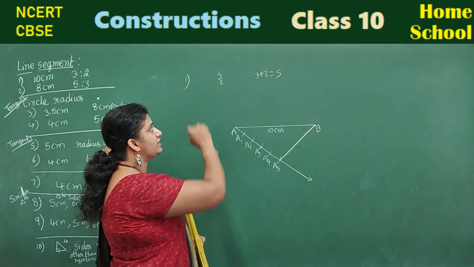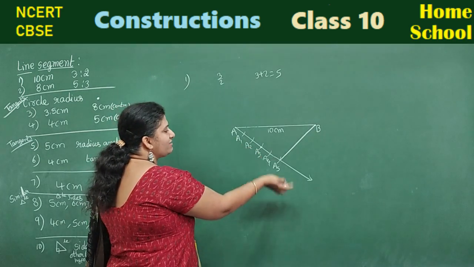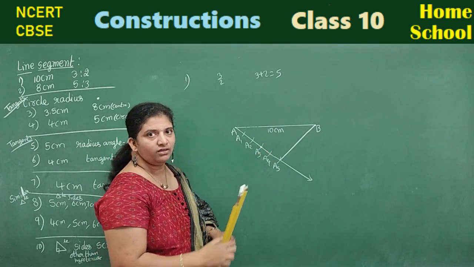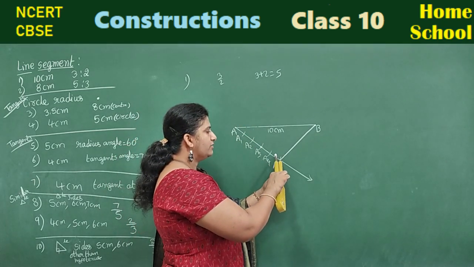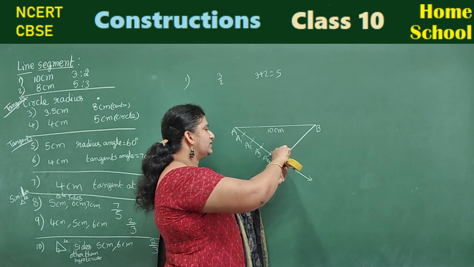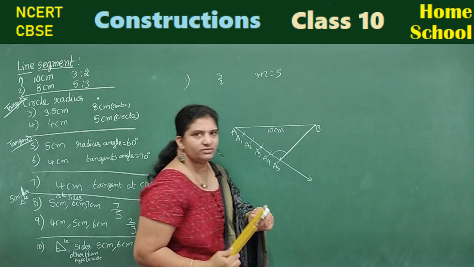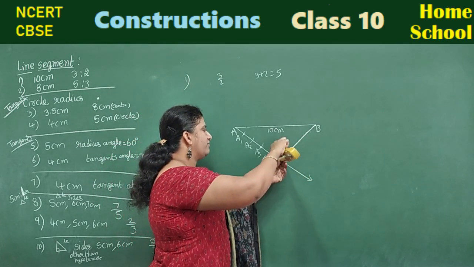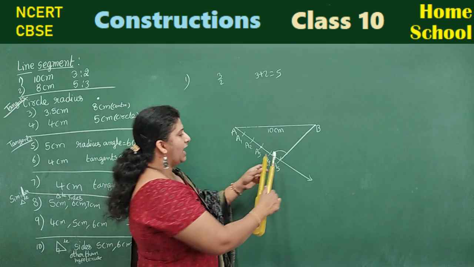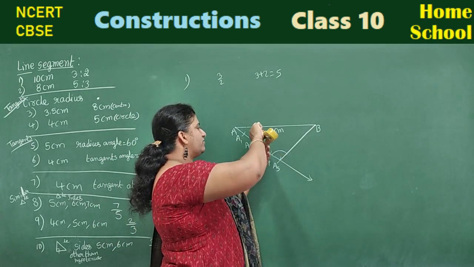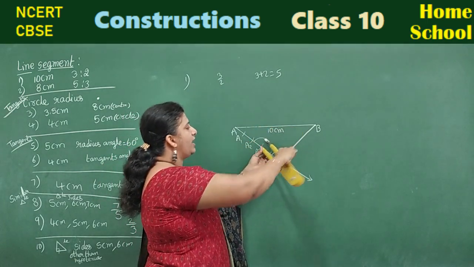And the next step, observe the ratio. Numerator, what is the number you have? 3. 3 means A3. Mark a point on the ray at A3. So from here I need to draw a line parallel to A5B. Now for that sake, from A5, I just take some measurement and draw an arc. Okay? Draw an arc from A5, such that it should touch here and here. Now in the same manner, from A3, touching this ray, draw an arc.